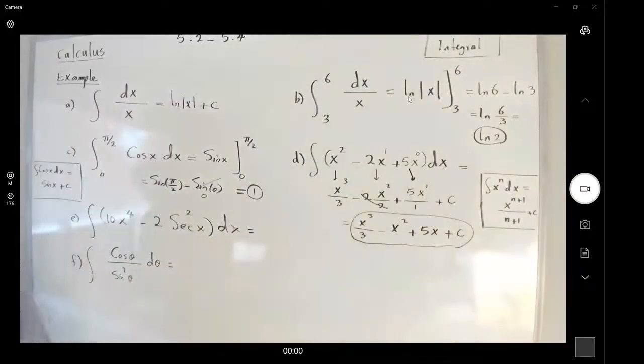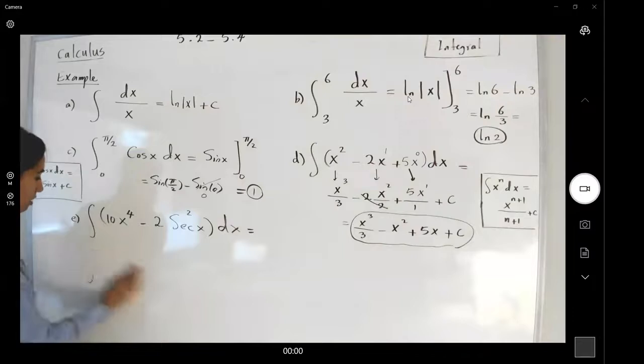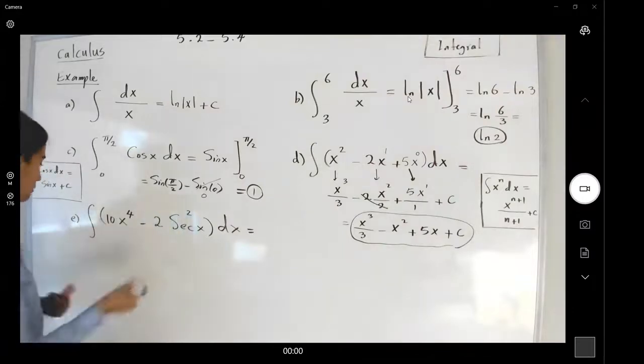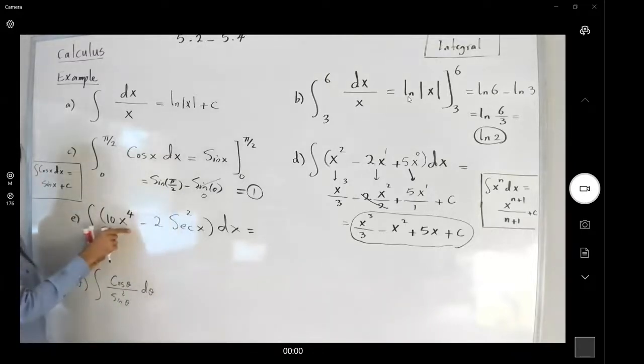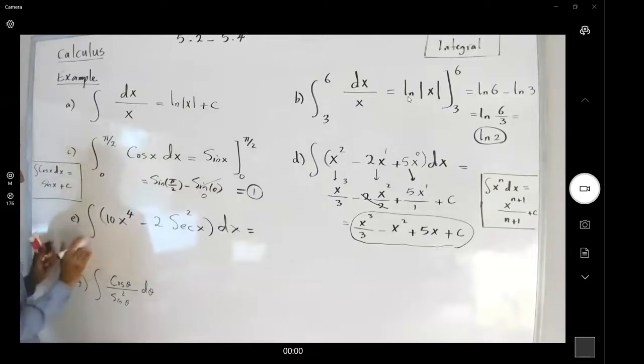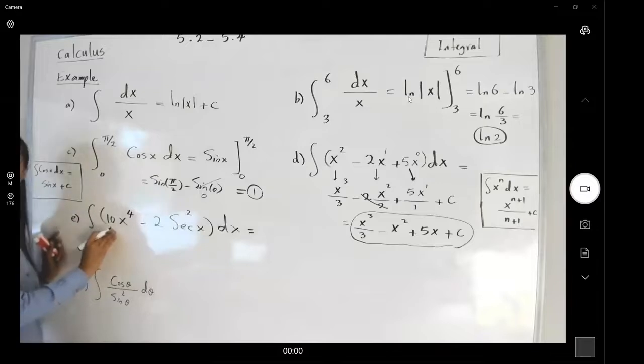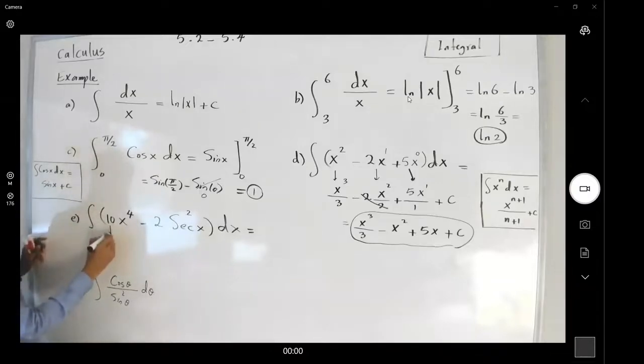Let me move f a little bit here. I need more space for e. So you have this term, which is 10 times x to the 4th. The integral of 10 times x to the 4th. 10 is just the coefficient. So we're going to copy down the coefficient here. Then the integral of x to the 4th is x to the 5th divided by 5